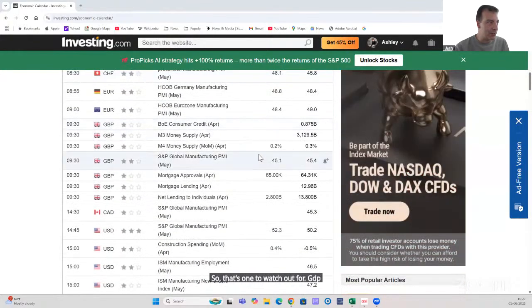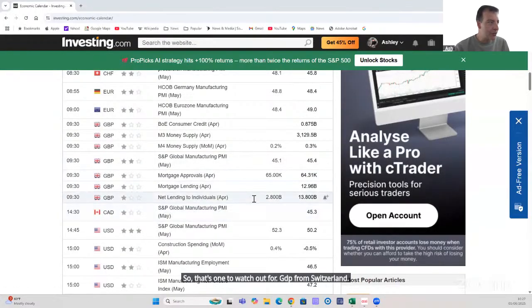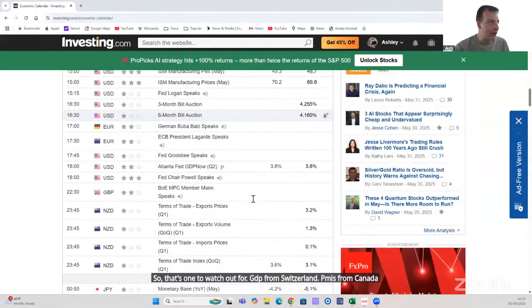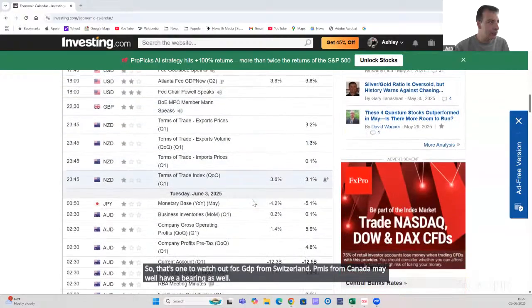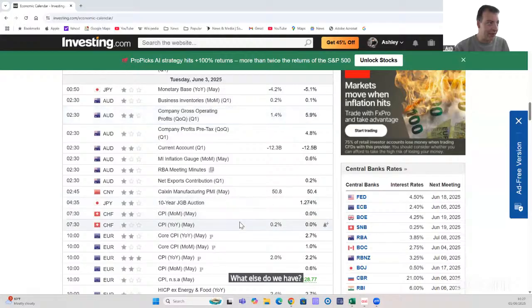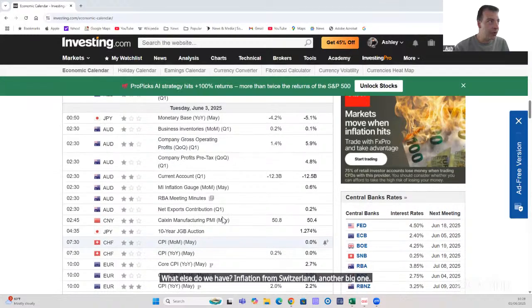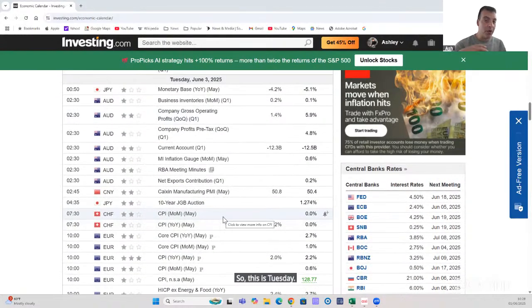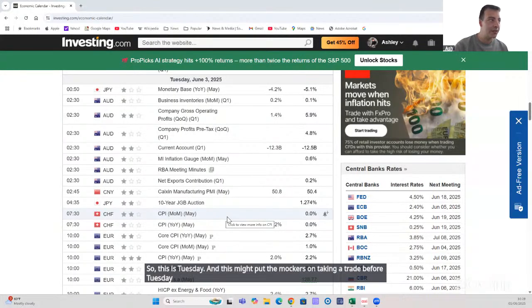GDP from Switzerland. PMIs from Canada may well have a bearing as well. What else do we have? Inflation from Switzerland, another big one. So this is Tuesday, and this might put the mockers on taking a trade before Tuesday. We might need to see this number released before Tuesday, but it doesn't mean if we don't get a setup, we don't take it. If there's a setup there, we take it, and then we're just going to look to see whether this number kind of matches